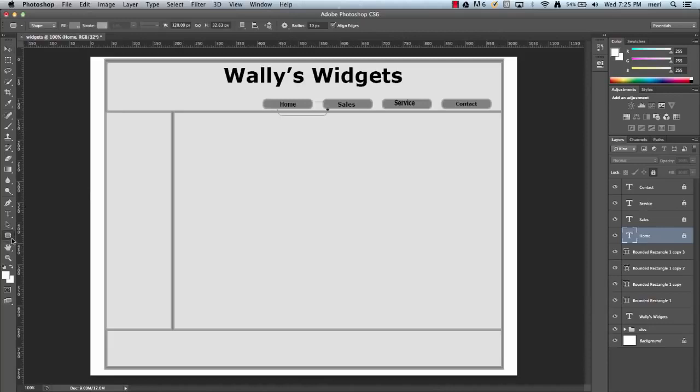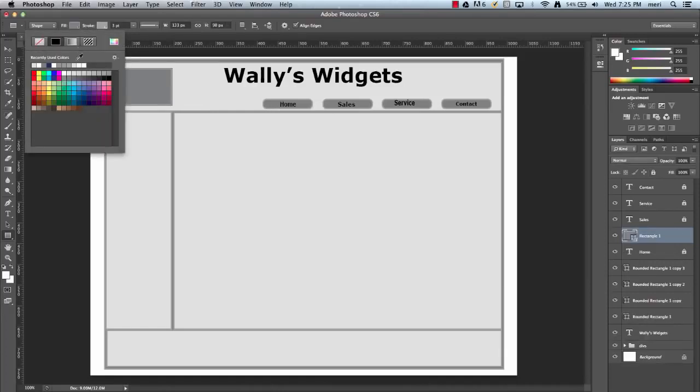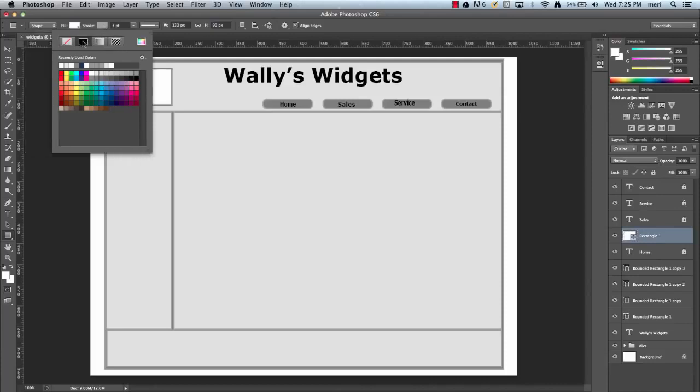So the next thing I would do would be to add an image. And you represent an image typically by putting in a rectangle or square. And usually it's going to have white fill. I do typically put a black stroke on this. And 3 points is fine. And then I will typically put into the square